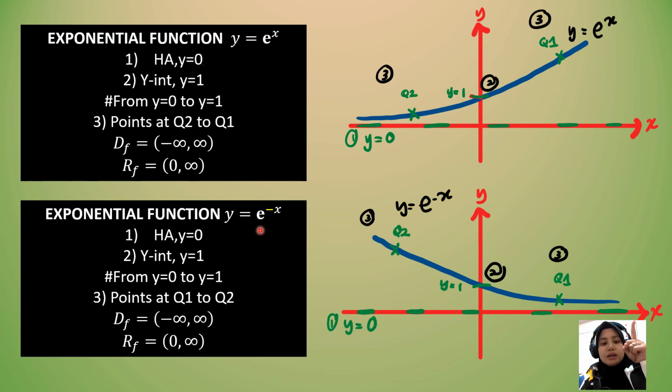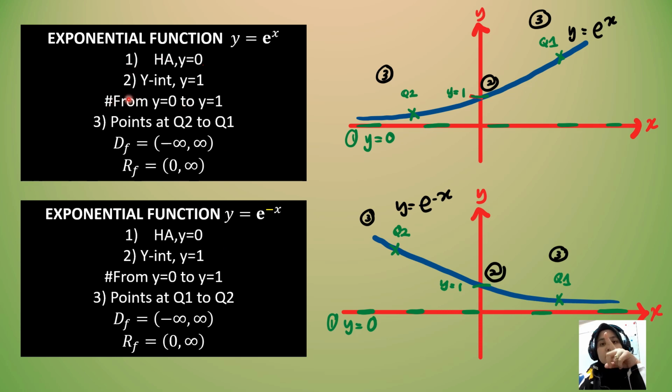It's the same for the function below as well. It has no constant. That's why our number 1 is y equal to 0. Okay, step number 2 is for us to find the y-intercept. The y-intercept is when x equal to 0. Just substitute x equal to 0, you get y equal to 1. Okay, it's the same as the second function. Alright, next,